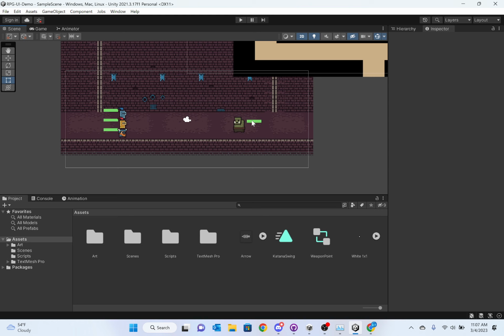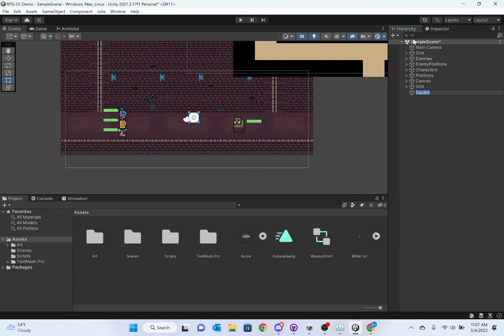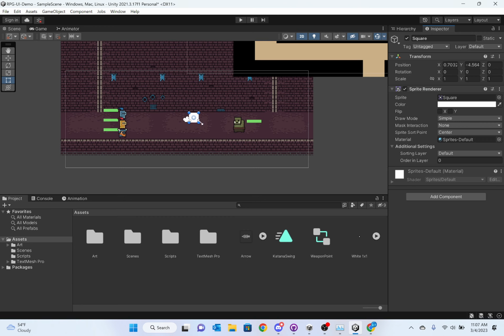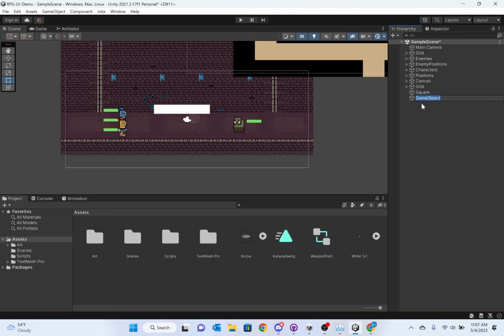Another thing too is the health bars. Normally when you actually make a sprite, let's make a square. Let me show you this quick. When you make a sprite and you scale it up and then try to scale it down, it'll go from both sides. But if you create an empty anchor and then drag your square underneath it,